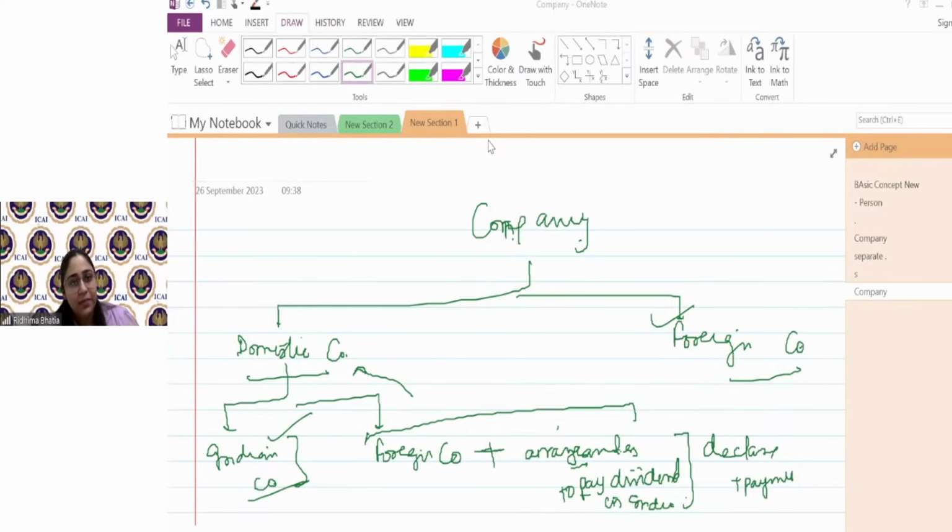Domestic company में guys Indian company आती है, यानी company which is incorporated in India as per the Indian laws, and foreign company भी आती है only if they are making arrangements to pay dividend in India. So कादम्बरी, HUF में daughter होगी, वो partner रहेगी. अगर उसकी शादी हो जाएगी तो she will be the co-partner still, and she will also be a member of her husband's HUF. Valdemani, is it clear?